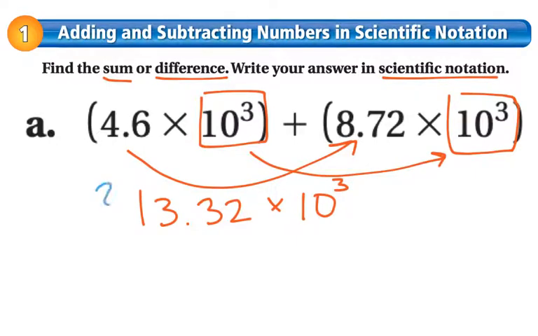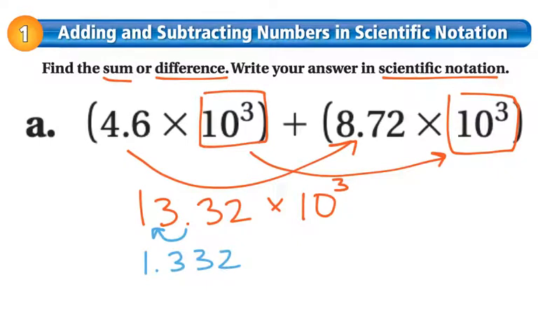And is this in scientific notation? And unfortunately, the answer is no, because our factor is not between 0 and 10. So we are going to have to change a little something here. And of course, that something is going to be to take our decimal and make sure that it's after that first non-zero digit. So instead of 13.32, we do end up with